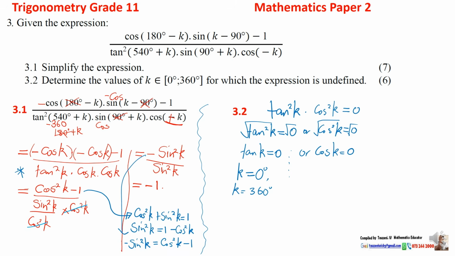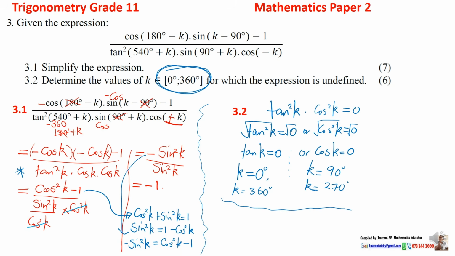Then cos k is equal to 0. This will also give us a set of values there. K is equal to 90 degrees, or k is equal to 270 degrees. Now, if this question did not specify that they want values from 0 to 360, now we can